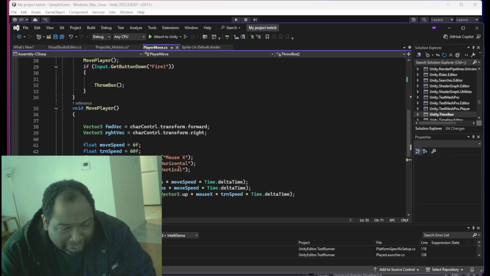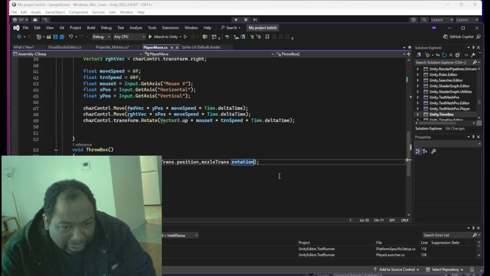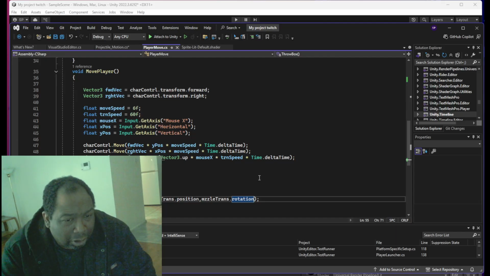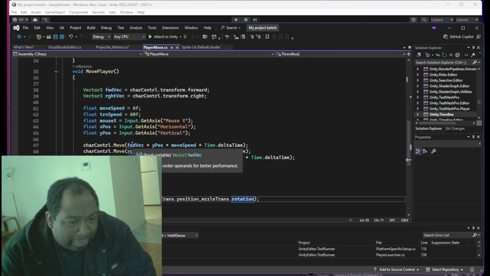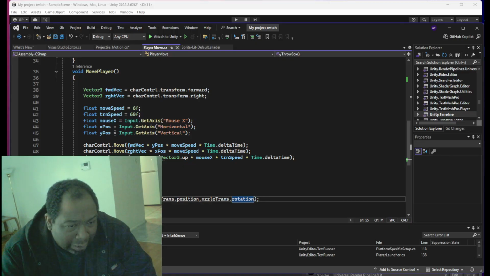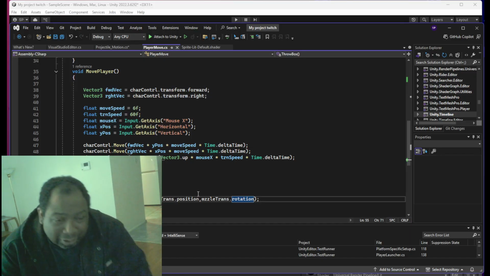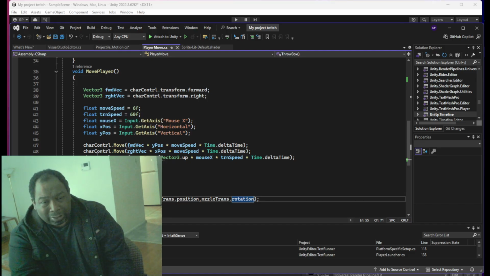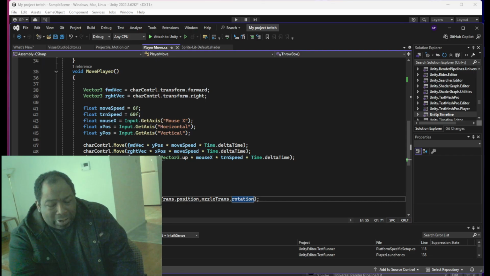These three lines wouldn't be there, and throw box would be inside the control script. So it'd be this method here instantiating, and it'd be four lines of code versus making a whole script of four lines of code.